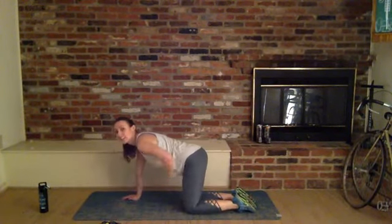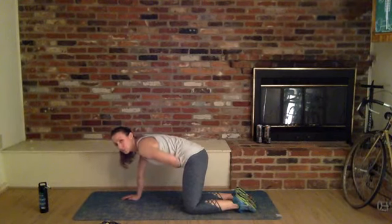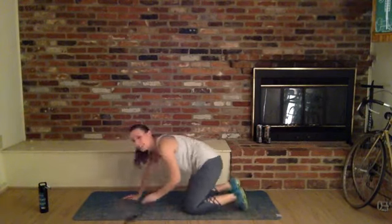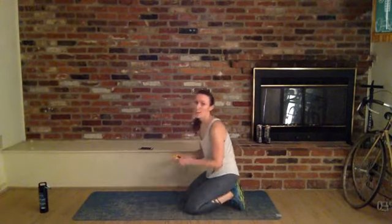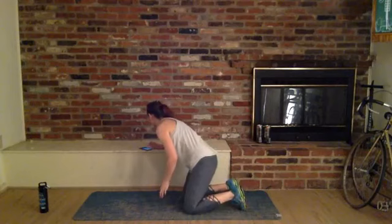And when we do those, please make sure you're not twerking, okay? None of this. Keep that core sucked in, belly button towards your spine, core tight, everything engaged to not let that low back go, okay? So,